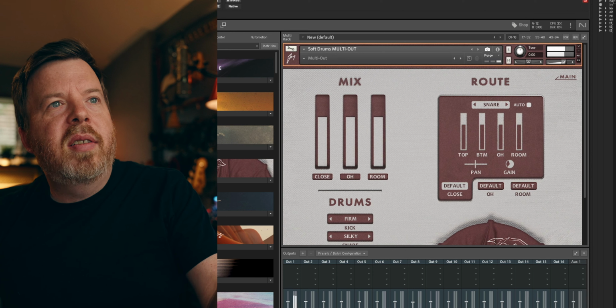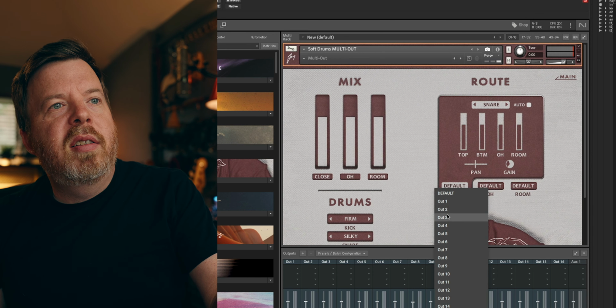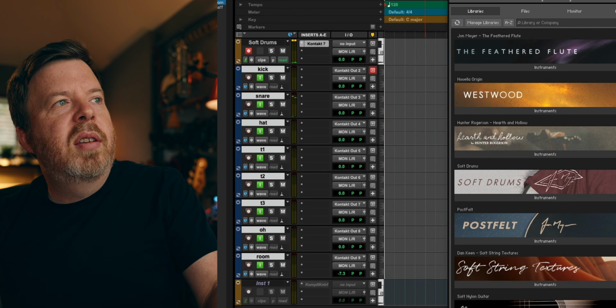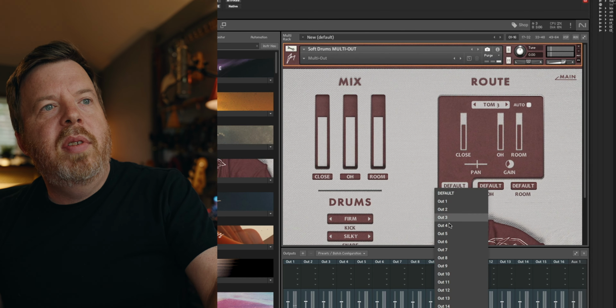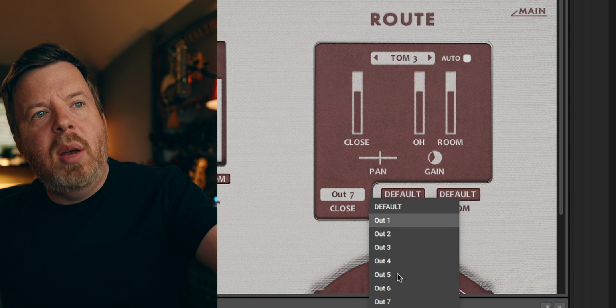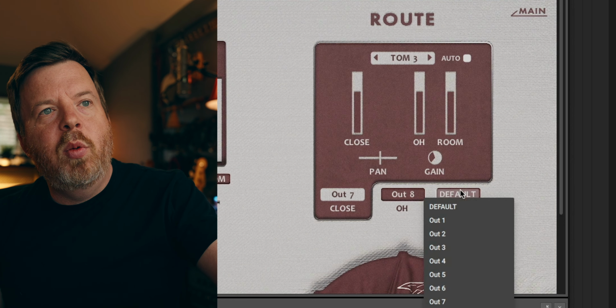My snare is going to 3. Hi-hat is 4. Tom 1 is 5. Tom 2 is 6. Tom 3 is 7. And then my overheads, these are separate, go to 8, and my rooms go to 9. So now when I play,